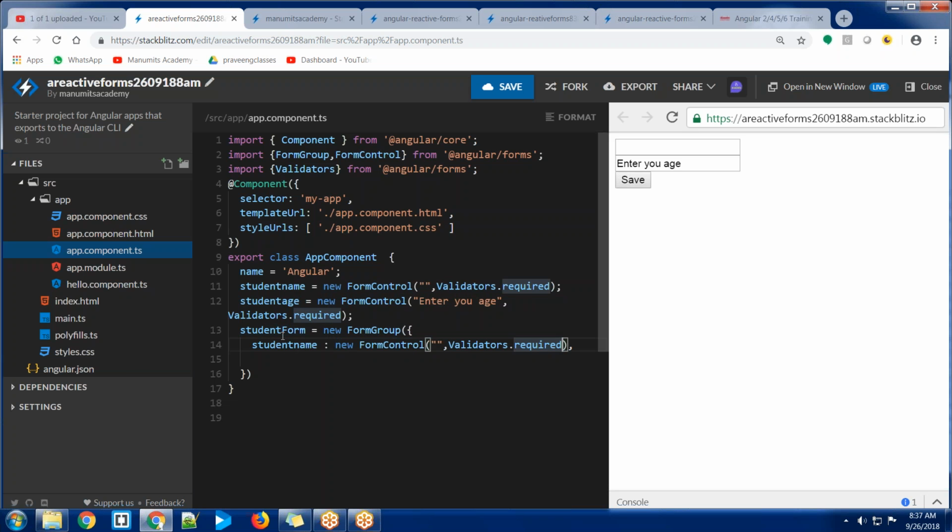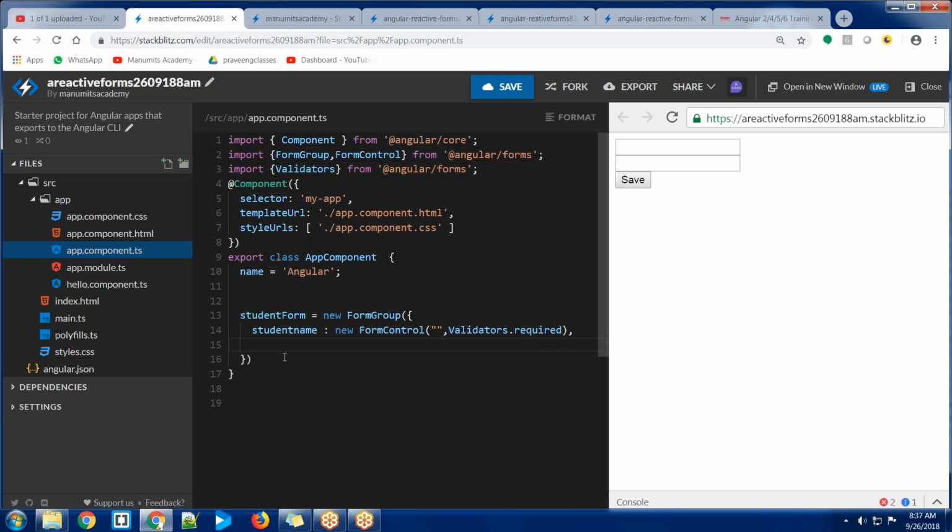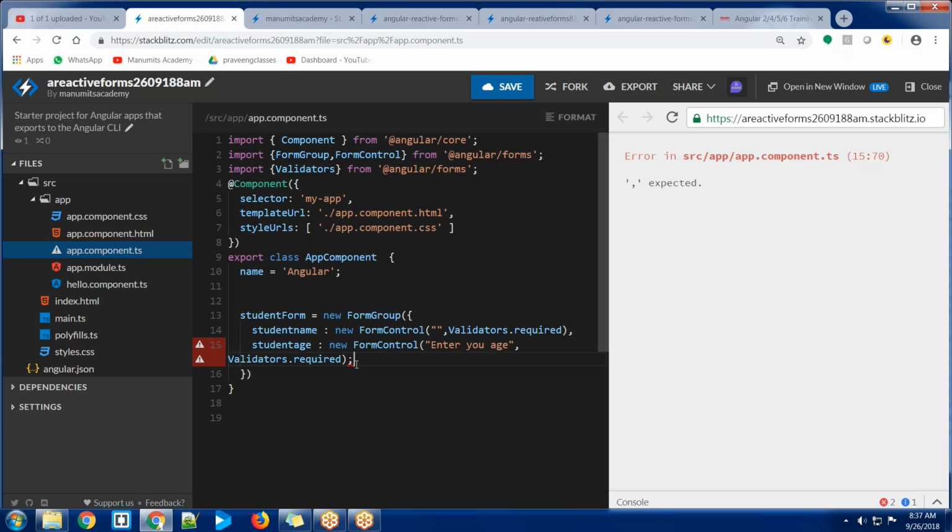And the same way, I will create one more variable. Now I don't need this. And here also one more key value pair, that is student age. I will put it over here. Student age is equal to new form group. So whatever the controls I'm going to create, I have to create inside the student form group. Now the student form is a group of two